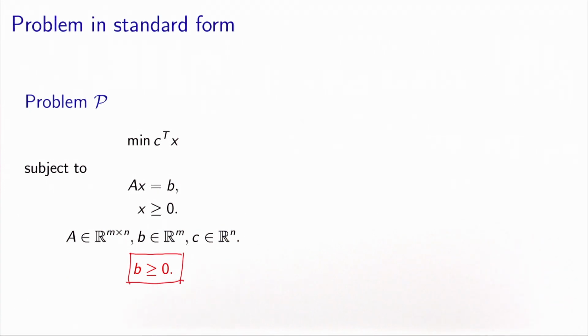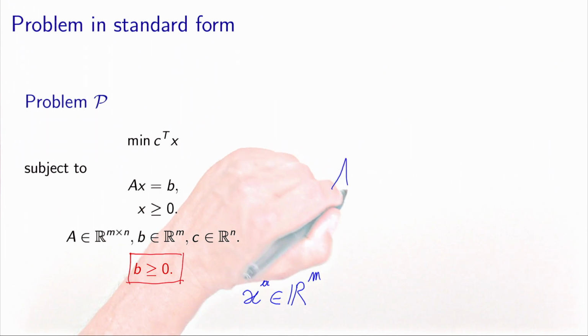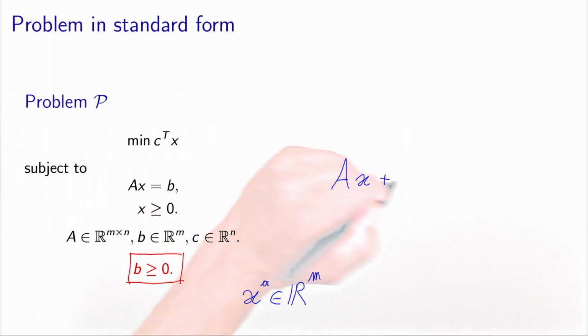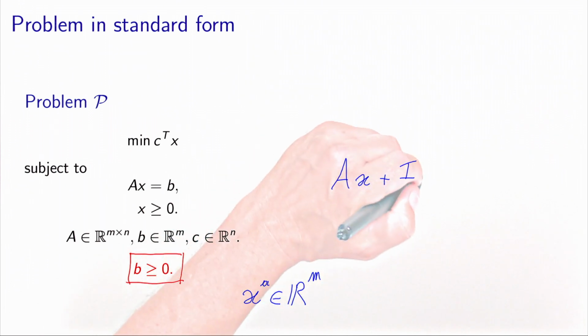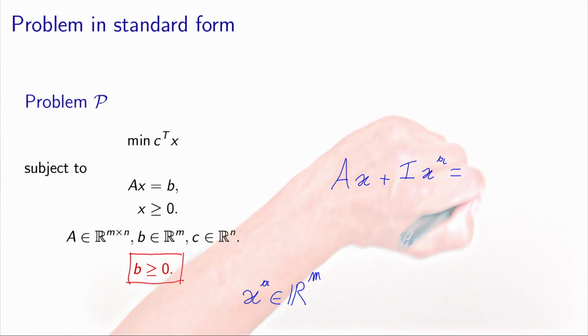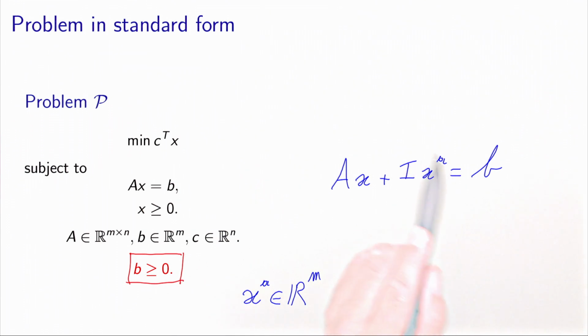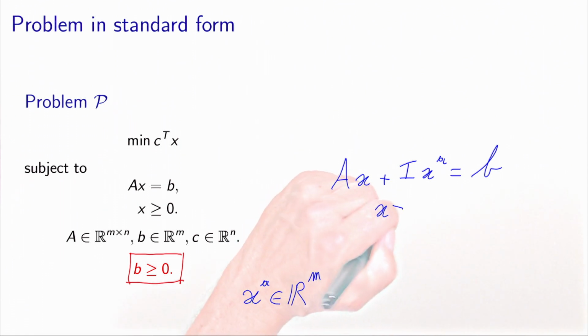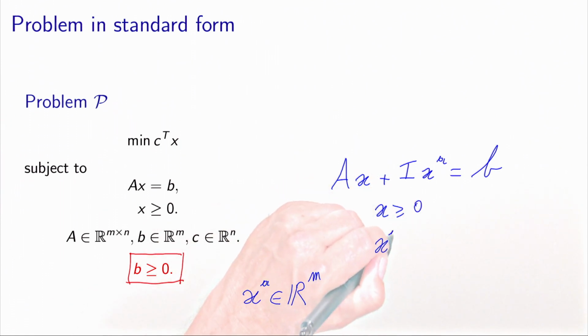So starting from this problem, I will add new variables that I will call auxiliary variables, and I will add one of them per equality constraint. So there will be m of them. Now the idea is that I will include them in the constraint using the identity matrix as coefficient. Why? Because I would like to have them as basic variables so that it's easy to calculate B^-1. x would be non-negative as before, and xa would also be non-negative. Now, this is convenient to find an initial tableau.